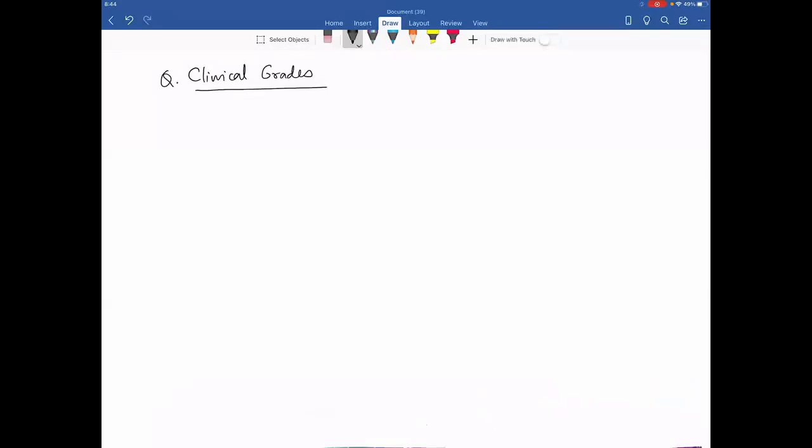Now, for getting a little bit of extra marks, what are the clinical grades of a varicose vein? Now, this question is something that comes after the baseline. Please remember, you are not going to say this before this. The clinical grades of varicose vein, or the other question is, what is the CEAP classification? What is the CEAP classification? As I've said, this is not an MBBS baseline topic.